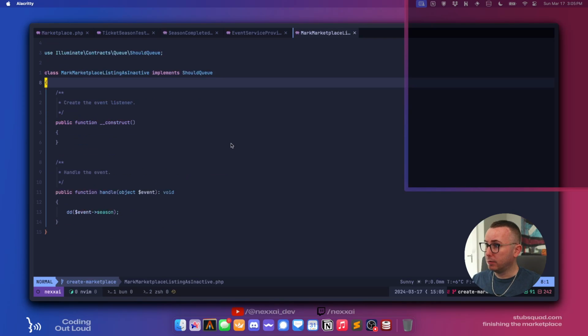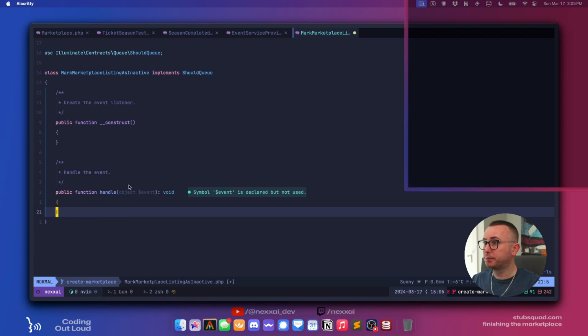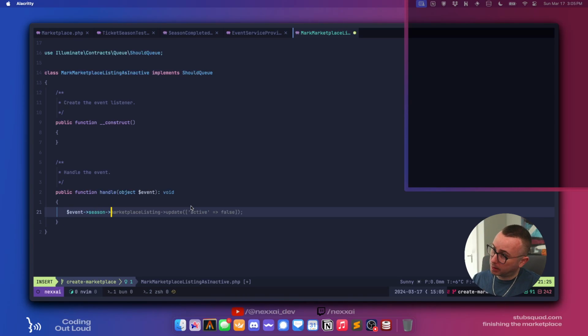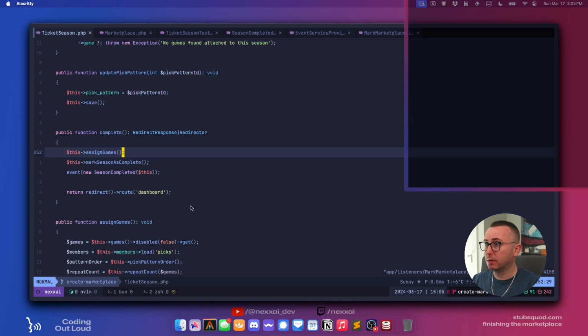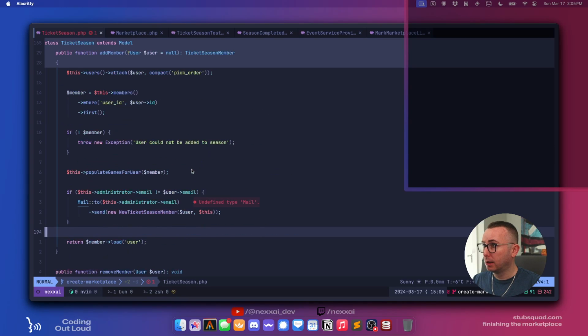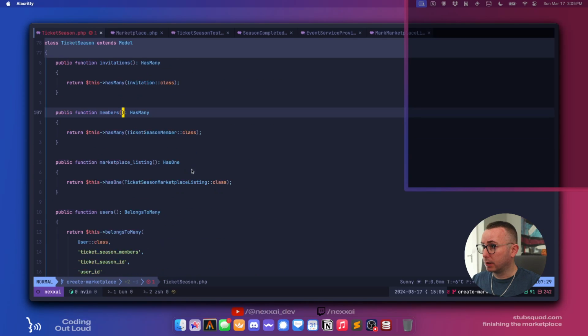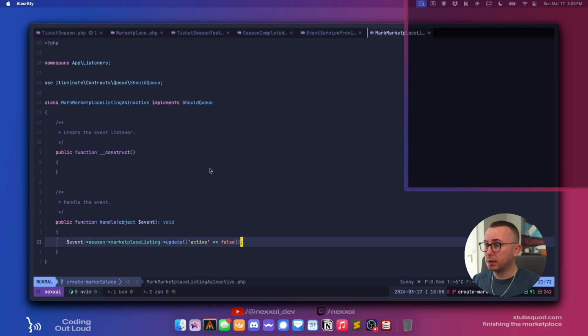as a queue. So what we really want is, okay, so when the season is completed, we want to event season marketplace listing. Yeah, that kind of works. Let's see if that's the right relationship name, marketplace underscore listing.